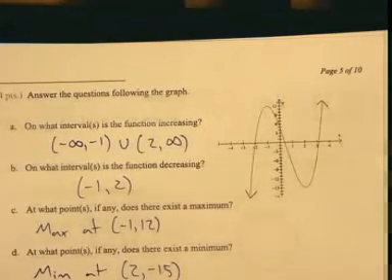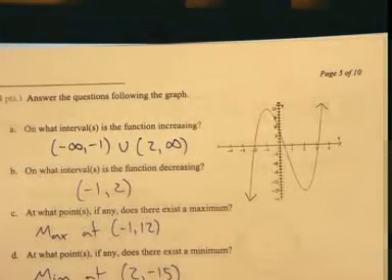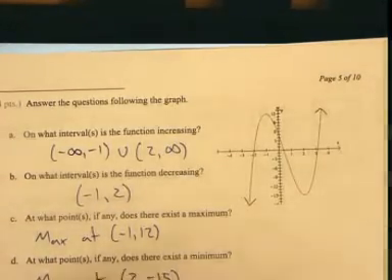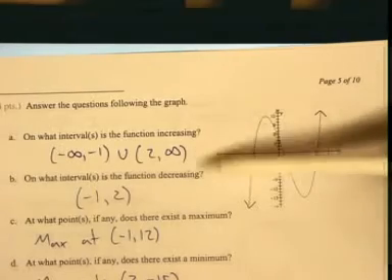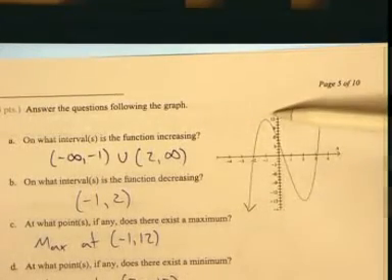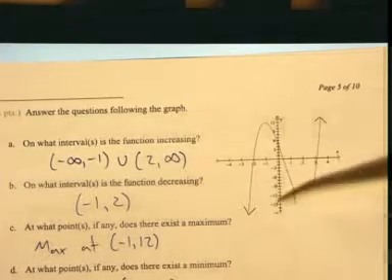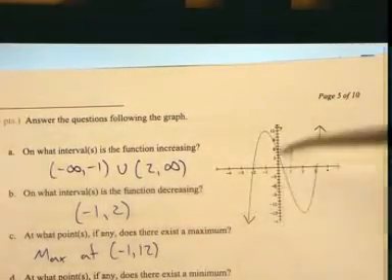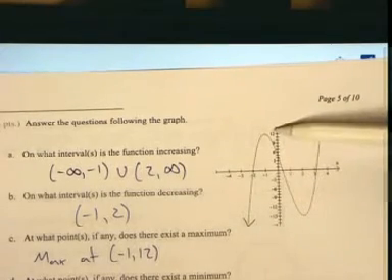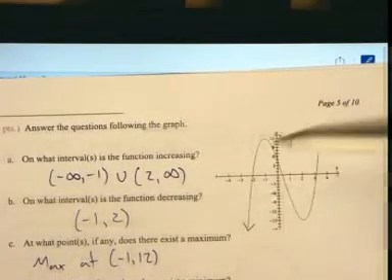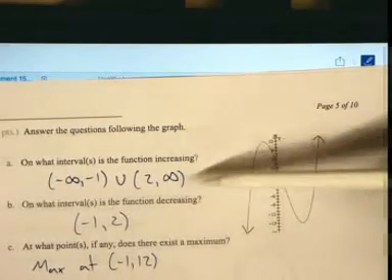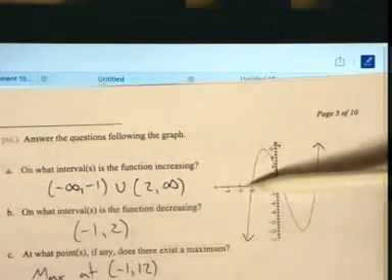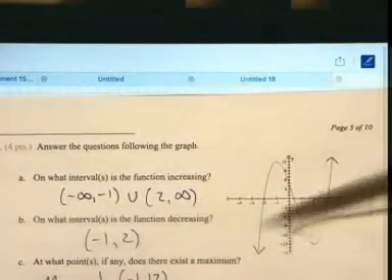Now, I know I said this multiple times, and I stressed it in the notes and in the lectures, that this question of increasing and decreasing has nothing to do with the values along the y-axis. Has nothing to do with the values along the y-axis. In fact, if I could, I would erase those values along the y-axis. We're talking about, if you're reading this graph along the x-axis, when is the function going up and when is